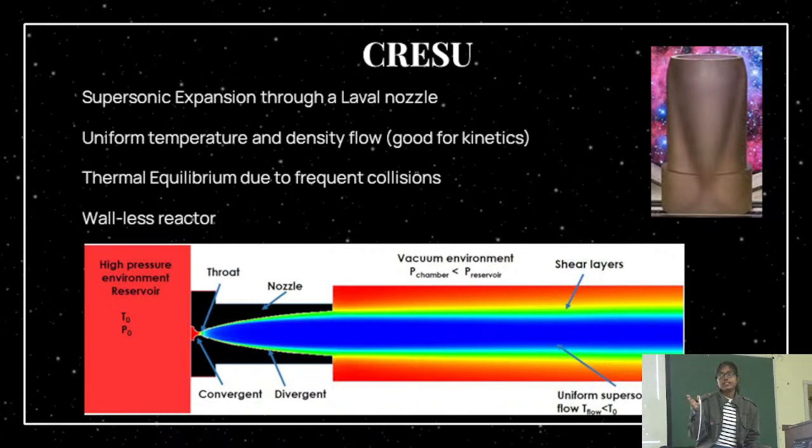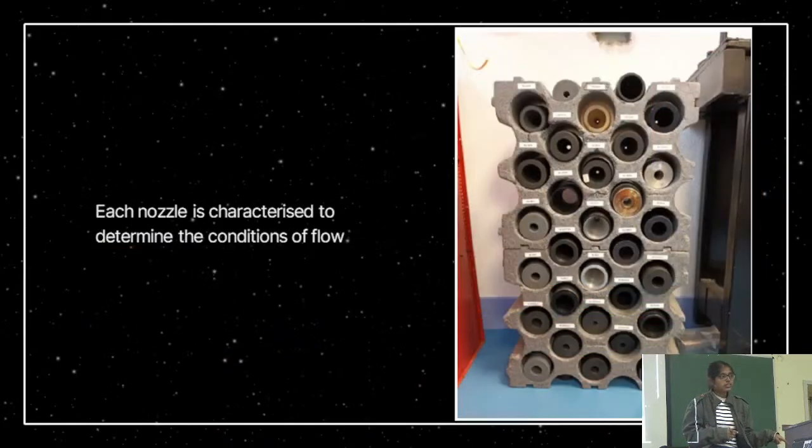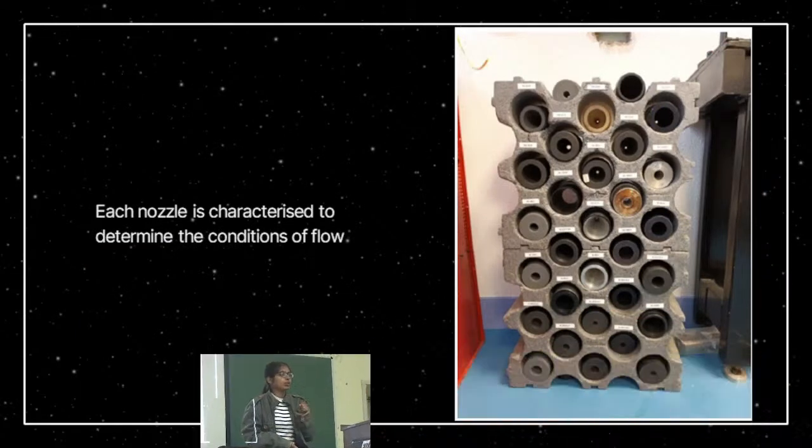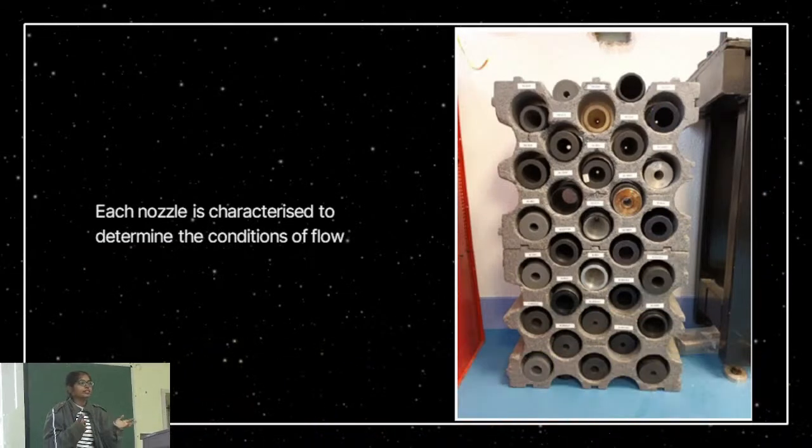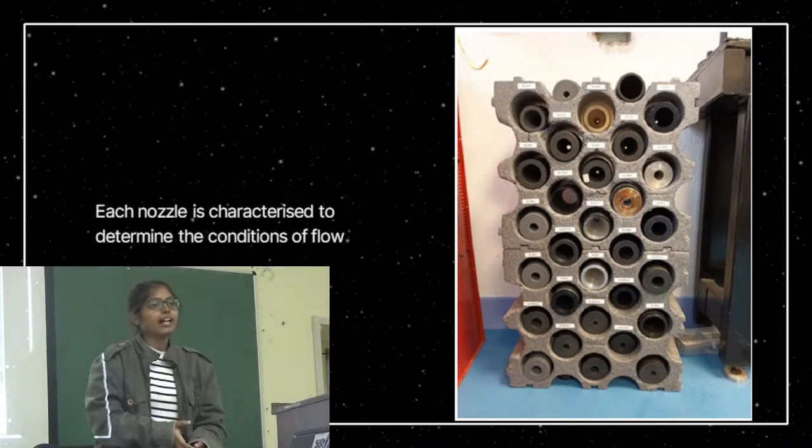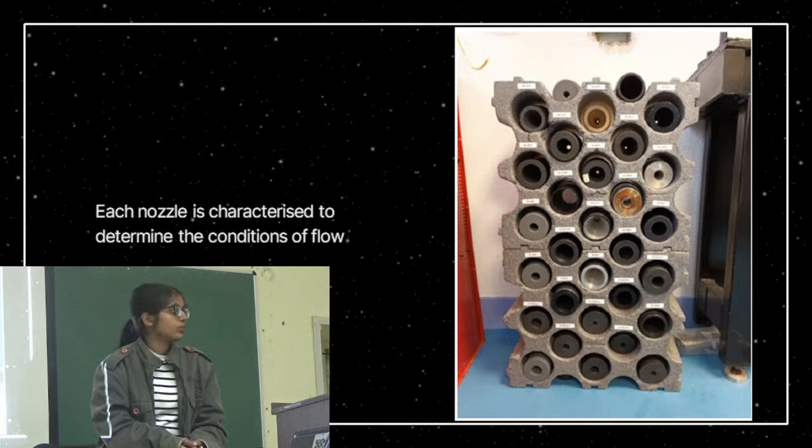And like I was saying, basically you have a buffer gas like helium, and then you inject your reactants within the reservoir and just let it expand through this Laval nozzle. There's not one Laval nozzle; that's a resin 3D-printed Laval nozzle. There's actually a bunch of different materials. Each one is specifically designed for what your carrier gas is. There's argon, there's helium, and each one has a specific size of the flow and also the temperature you can go down to.